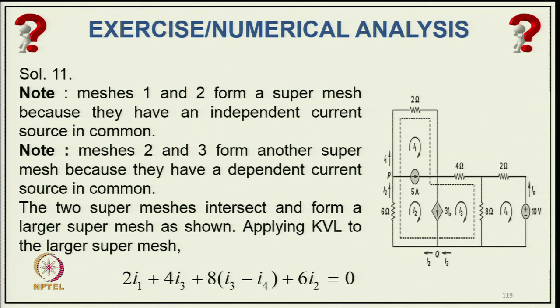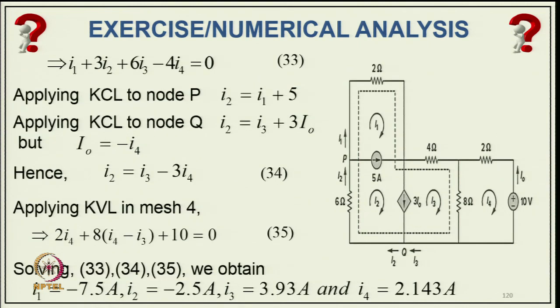Applying KVL in the large super mesh as shown here, it is 2 I 1 plus 4 I 3 typically here and plus 8 (I 2 minus I 3 minus I 4) plus 6 I 2. So, that is one equation of this super mesh. Then we have the simplification I 1 plus 3 I 2 plus 6 I 3 minus I 4,